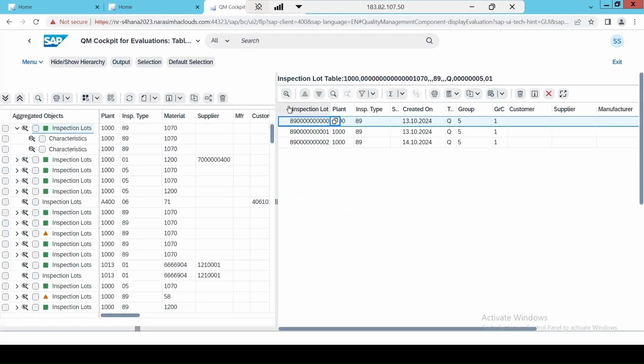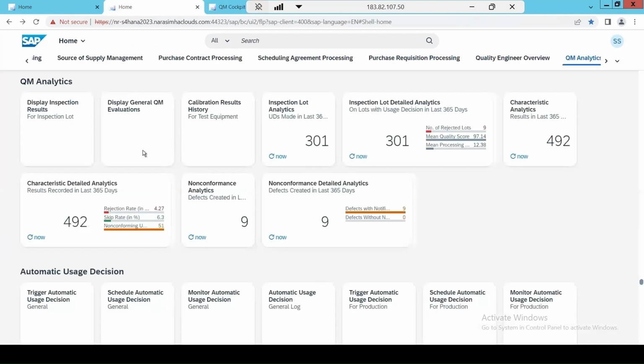You can export the data if required. And if you select this again and click on details, it will open the details only in this. Okay, so let's go back. Let's see the other tile, which is inspection lot analytics. Okay, so if I select this one,